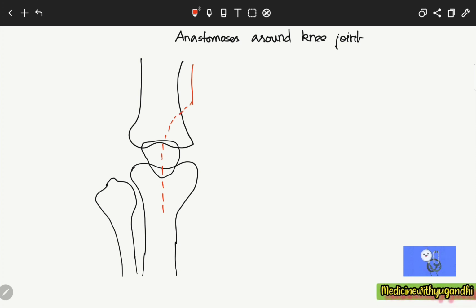I am just mentioning it with the dotted line just to show that it is on the posterior side. This popliteal artery is on the posterior side. Before giving the popliteal artery, this femoral artery also gives another branch called the descending genicular artery. From the descending genicular artery there arises another branch called the saphenous branch. So it splits into two. This is on the medial side, right?